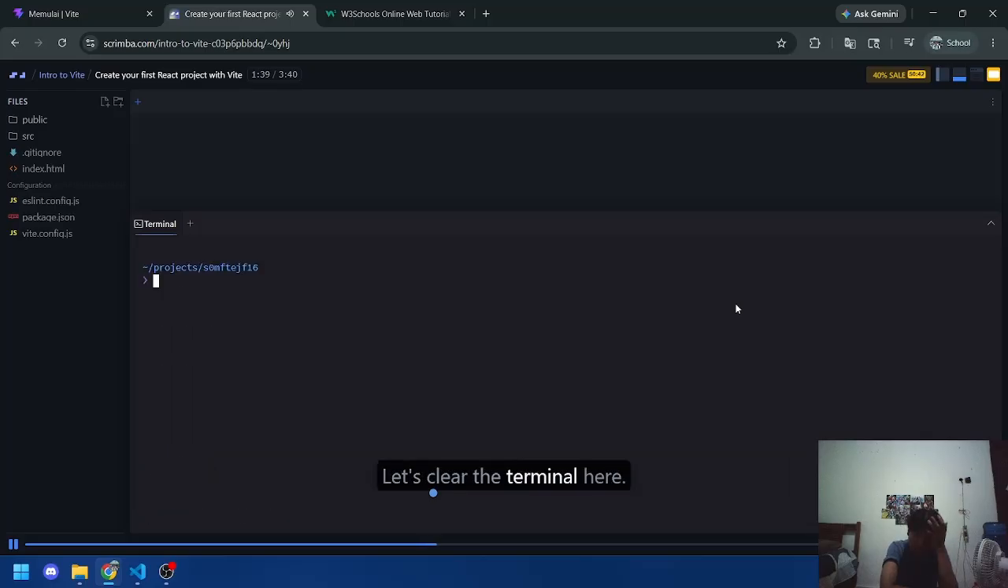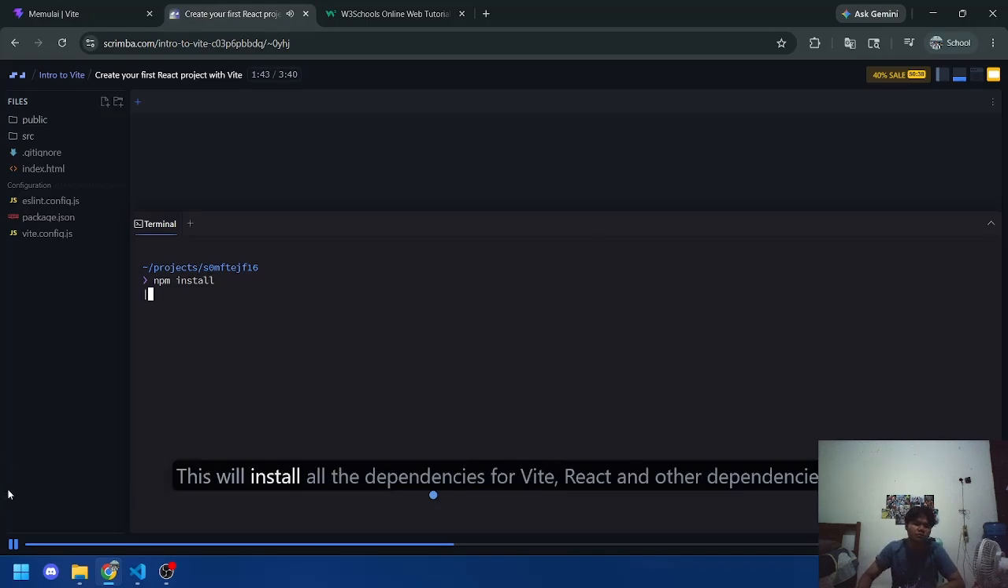Let's clear the terminal here. First I'll enter npm install, hit enter. This will install all the